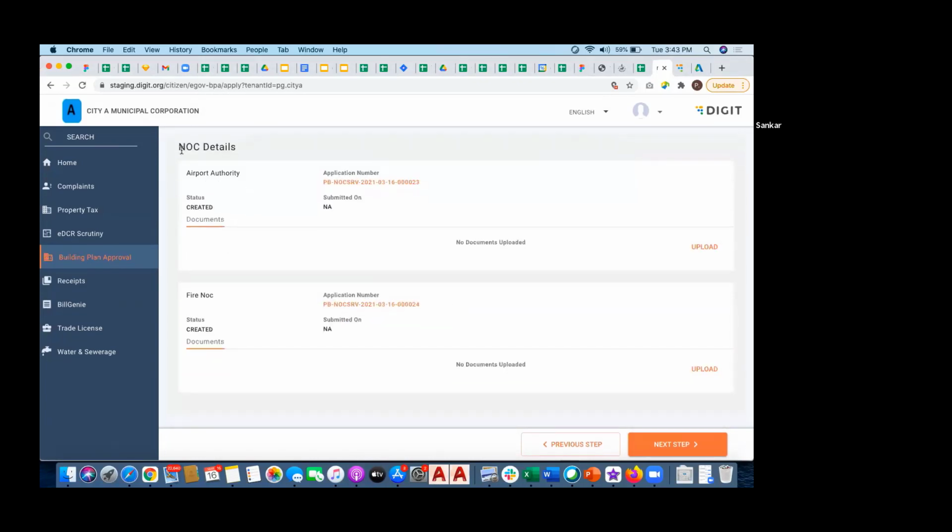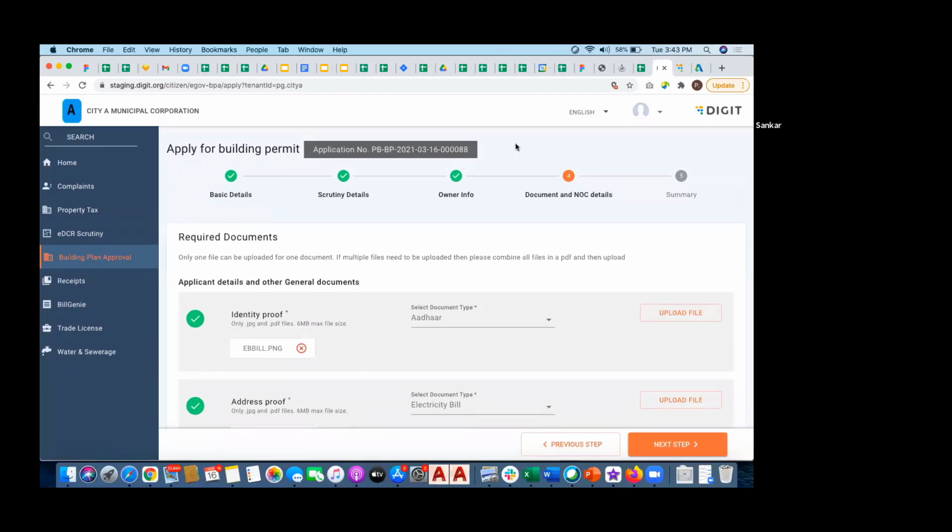As you can see, there is an NOC detail grid that got added to the application. This depends on the building height and the parameters given in the diagram. For this particular diagram, in the plan info, they would have provided some information. Based on that information, the system identified that there is an Airport Authority of India NOC that is mandatory, and a Fire NOC that is mandatory. That's the reason it has added two NOC details here, and you can see three unique reference IDs in this form, which complies with the EODB guidelines.